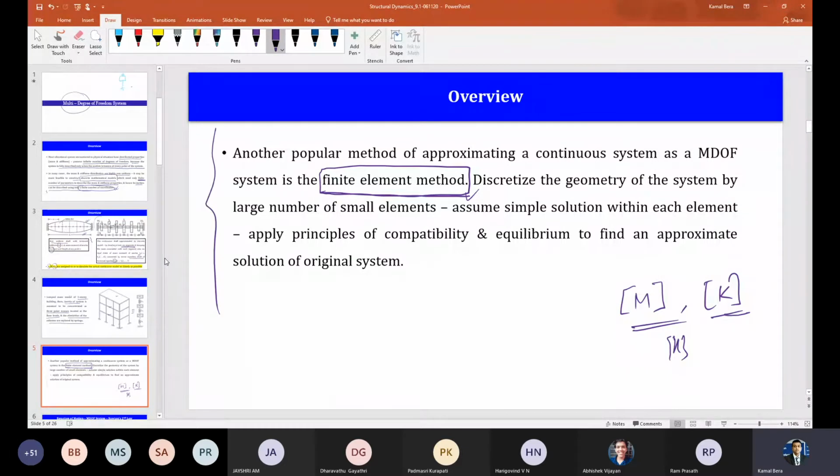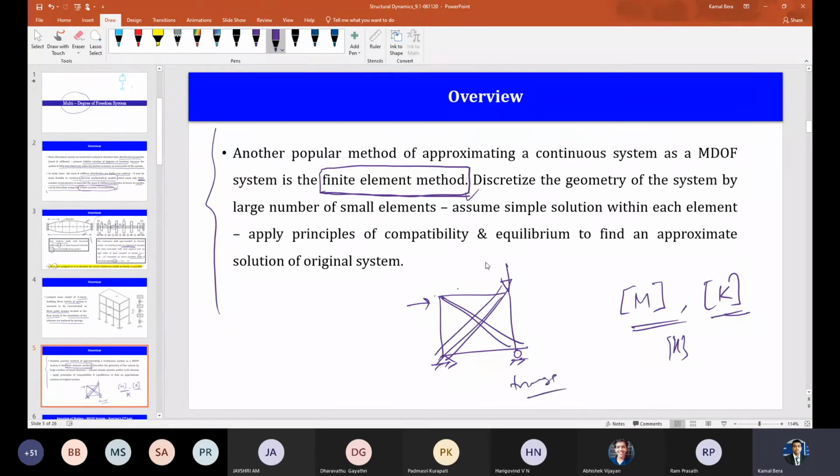I have just written here, you can read it. I will give a small example maybe. You have done this type of truss problem, right? It's a simple truss problem subjected to some loading, maybe some loading here. You know how to solve it by using different methods, right? This is a truss problem.